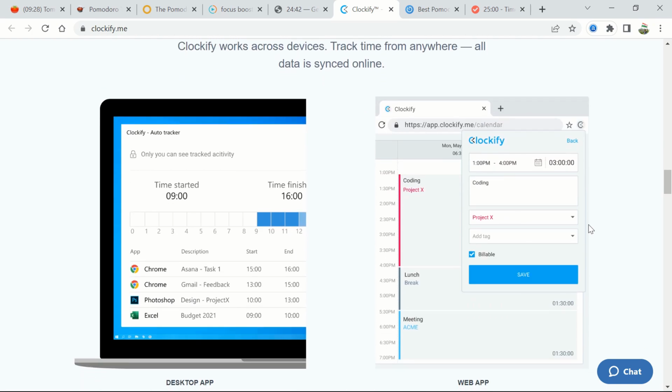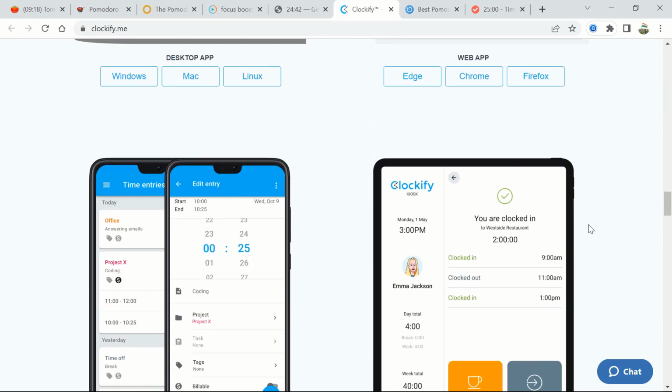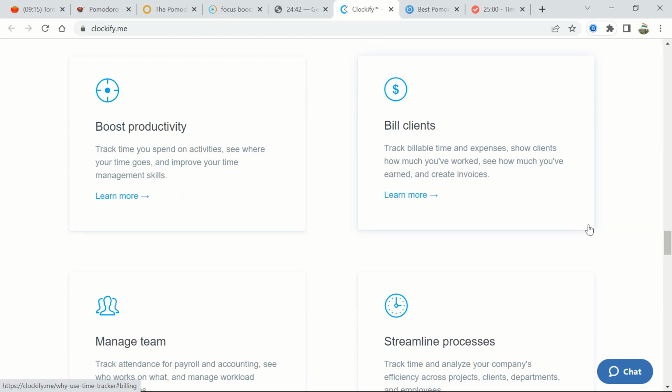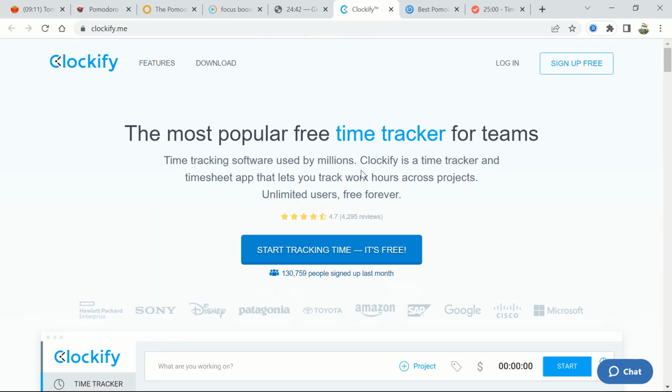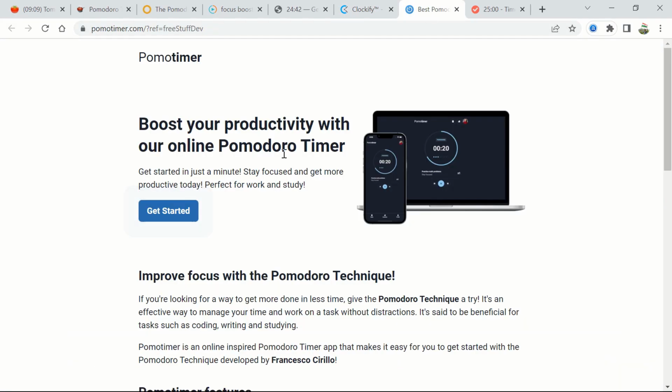I really like this app. A lot of interesting things are there. If you are familiar with Asana and Kanban flow, this is definitely an app that you can try because it has everything that probably you would need to manage your work and your time as well. So this was Clockify. There is another called